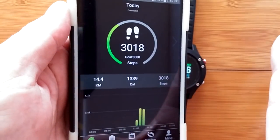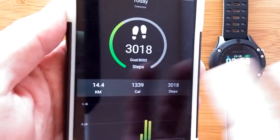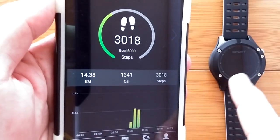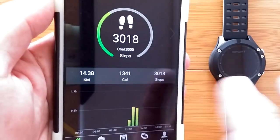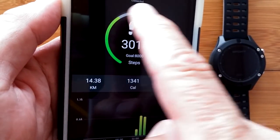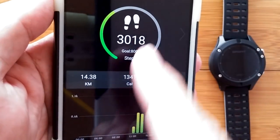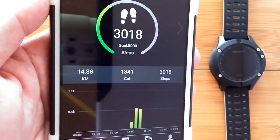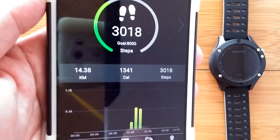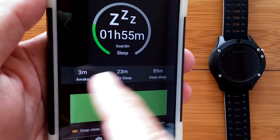When you get through that, you're landing into your home page. Sorry about all the crazy reflections we're getting. It's awkward lighting to try to keep that and that in balance. In the home page, you've got your goal percentage done out of the 8,000 that's been set, and your current steps, and there's the same information. When that data was collected throughout the day of the current day, and when you slide over here,